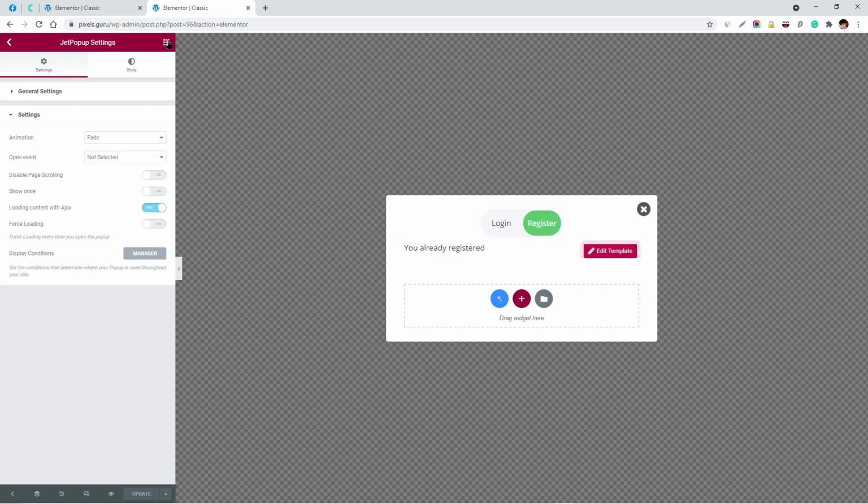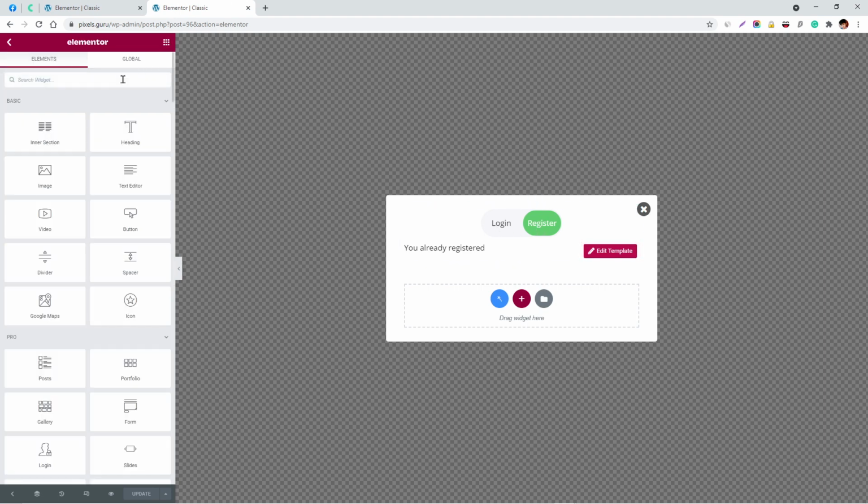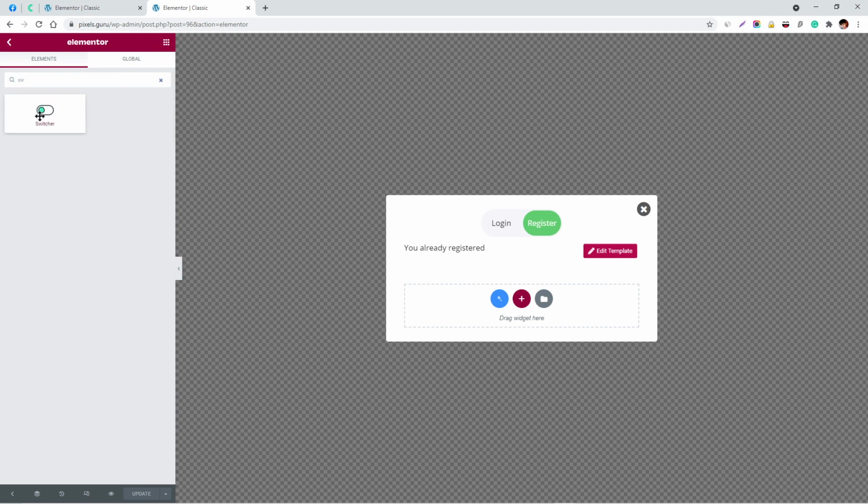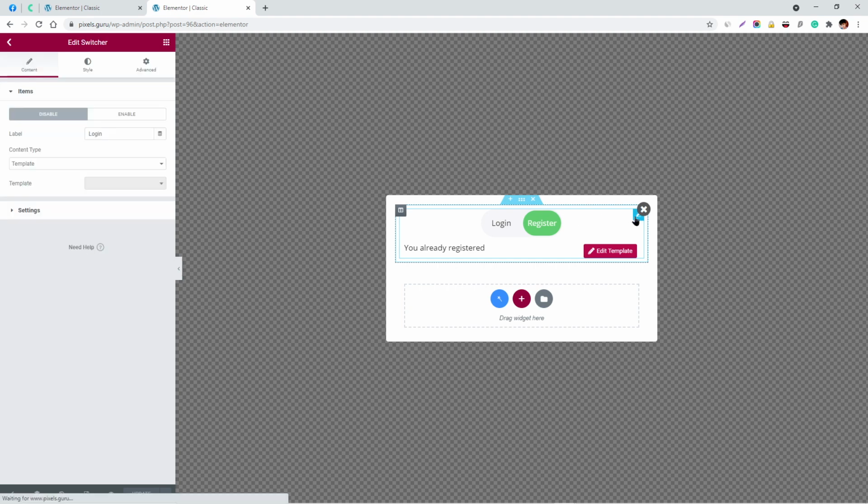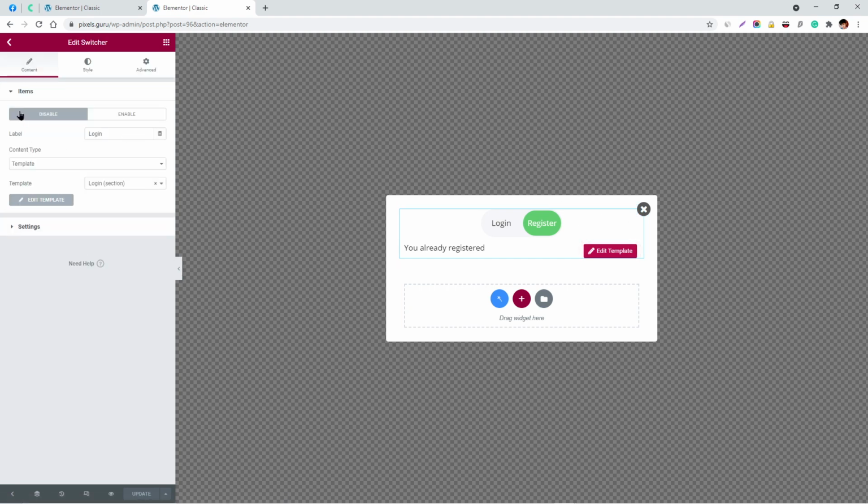And here I have chosen the switch widget of CrocoBlock, and here is the switch widget. When you click on it, they disable and enable two items, unlike the Elements Kit widget that allowed us to have more tabs, more toggles than two.